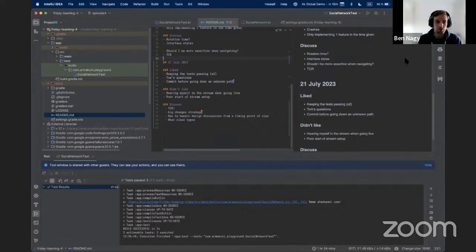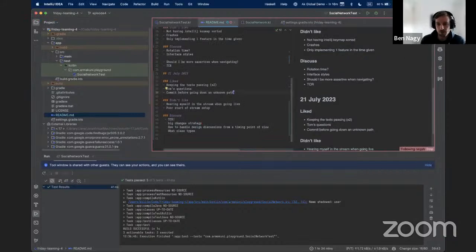Next up, I put here commit before going down an unknown path. I think it's definitely important, and even as part of the stream, we should commit more often than we usually do, right? Like commit after we get a passing test, so that making reversions is easier, and it also will help the TCR thing, which we'll discuss later on. But definitely doing that before we embarked upon this journey helped, as you could see, because I was able to just bring up the git diff and copy paste an old piece of code that we deleted. So